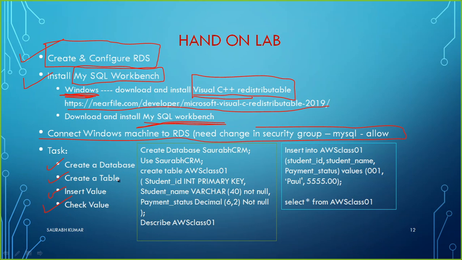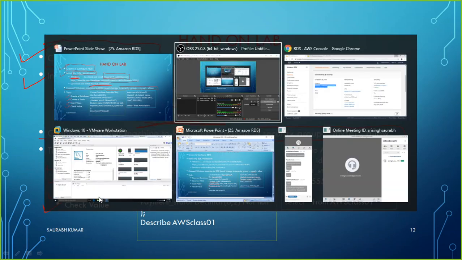So creating table, database, value, these are the commands you can follow. If you want to write down the commands, you can write from here. Otherwise, I'm already going to execute those commands. So you can pause the video anytime and make a note of it. So let's follow this. First, we will create a database, then we will create a table, and then we will insert some value. So let's follow the steps here.